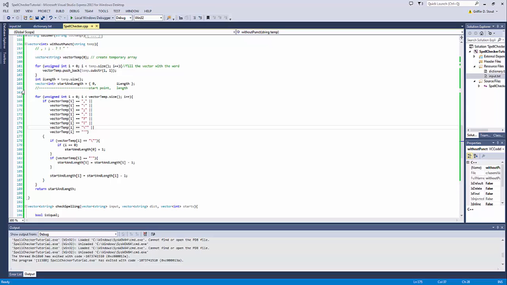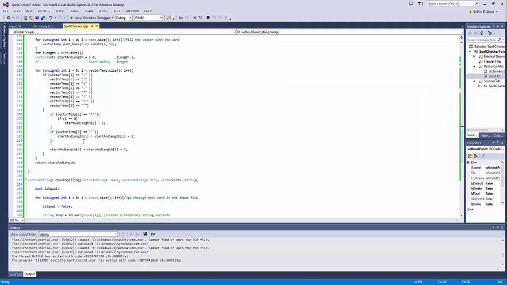It was actually because our without punct method was incorrect. So if you are not already there, open your without punct method by using a little plus sign, and instead of start and length I, it should be start and length 1. This was causing an out of bounds exception error because